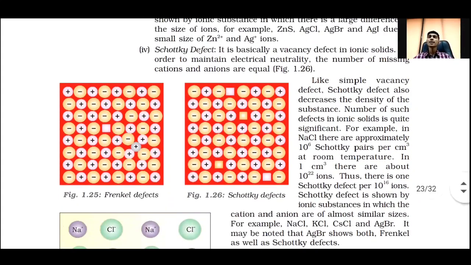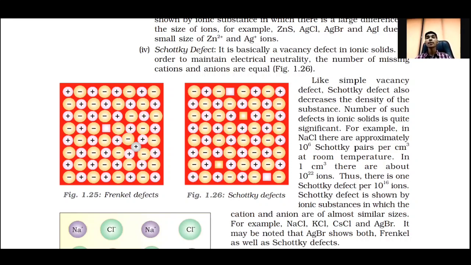So now we are concerned about Schottky defect. So it is basically a vacancy defect in an ionic solid in order to maintain the electrical neutrality. मतलब it is a vacancy defect, मतलब जो 30 स्टूडेंट्स है ना उसके जगह पर या तो 31 हो जाएंगे या तो 29 हो जाएंगे, मतलब इसमें कुछ तो होगा, इसमें वैकेंसी डिफेक्ट होने वाला है। ठीक है, so it is basically a vacancy defect in ionic solid in order to maintain the electrical neutrality, the number of missing cations or anions is equal. मतलब if एक cation बाहर से आता है तो उसके साथ साथ anion भी आना चाहिए। If cation क्लास के बाहर जाता है तो anion भी क्लास के बाहर जाना चाहिए।